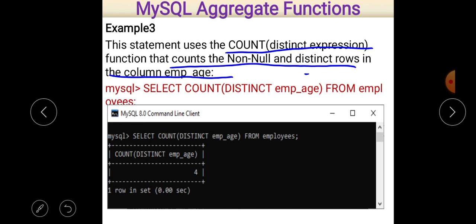For that purpose I just write select, then count, and use the keyword distinct, and then after that the name of the expression, and it is the name of the column employee_age. So I just put employee_age just after the distinct keyword. It means that it includes non-null values and distinct rows.